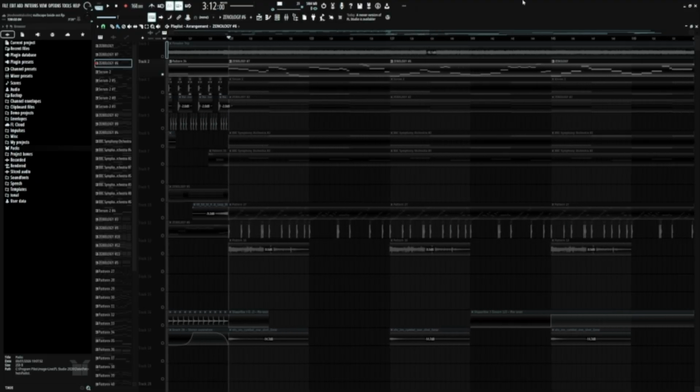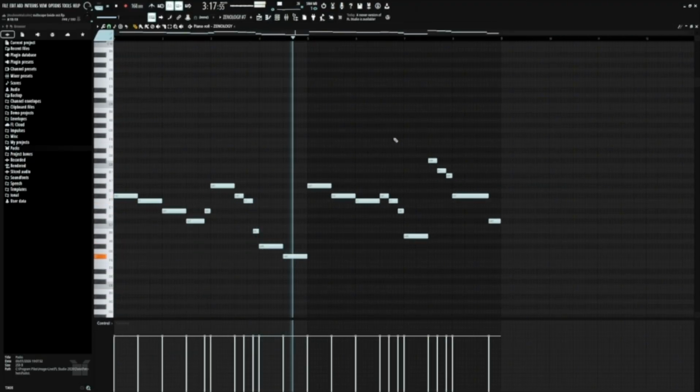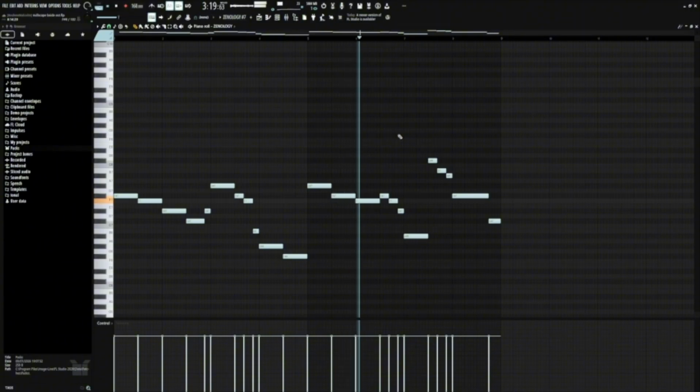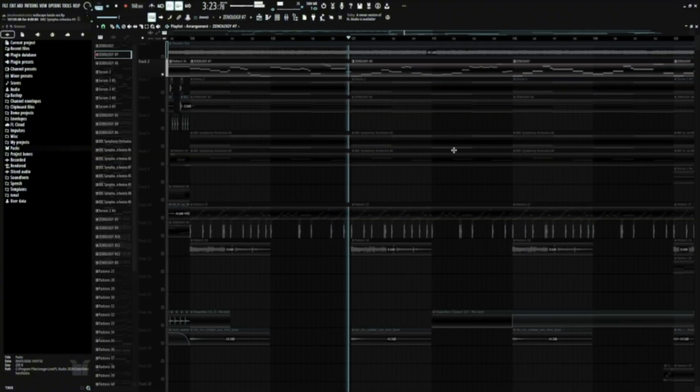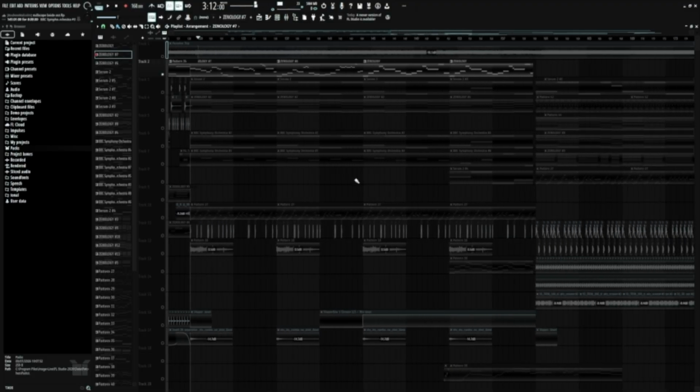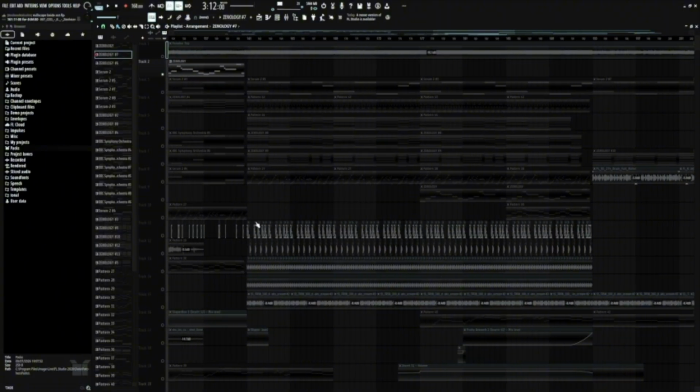And then here we have yet another variation of the piano melody. So that's pretty cool.